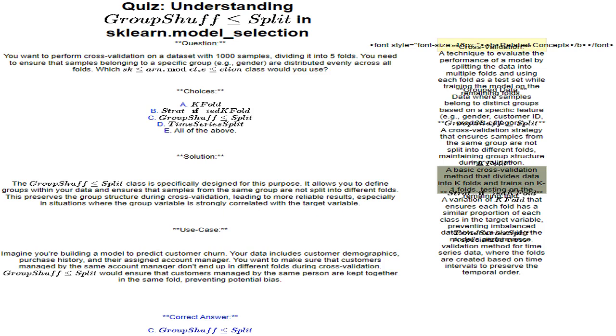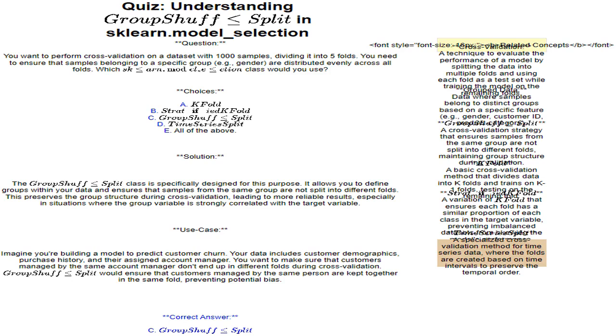validation. A basic cross-validation method that divides data into K folds and trains on K-1 folds, testing on the remaining fold. A variation of K-fold that ensures each fold has a similar proportion of each class in the target variable, preventing imbalanced datasets from skewing the model's performance. A specialized cross-validation method for time series data, where the folds are created based on time intervals to preserve the